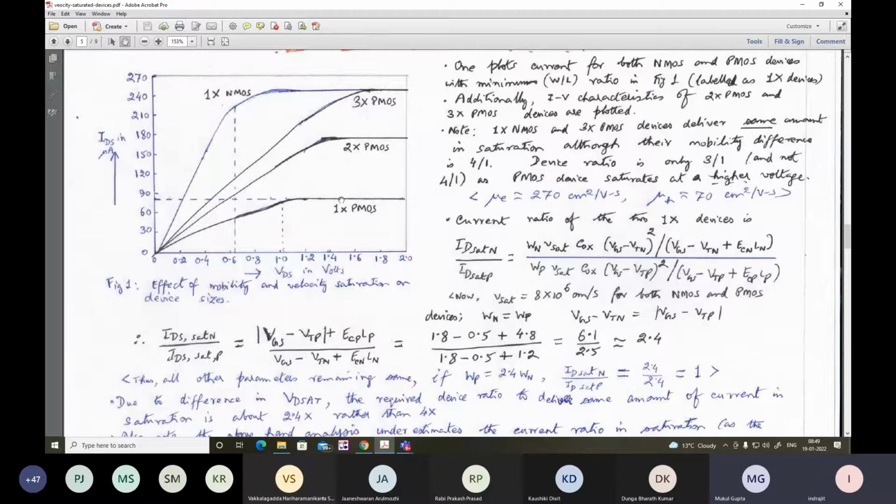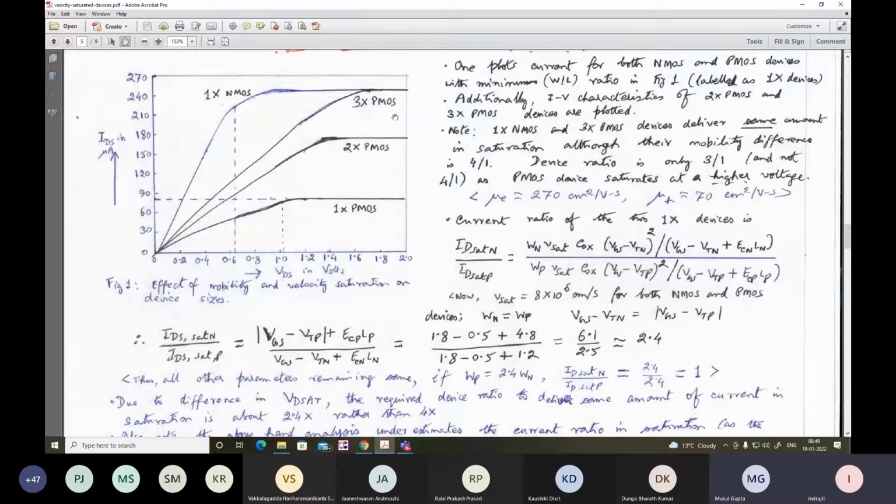if we take the same size device, it will lead to asymmetry in the charge up and charge down time. The charge up time will be 3 times slower because of the smaller amount of current by a factor of 3. This SPICE simulated data dictates that if we have to make the charge down and charge up time almost the same, then you have to make the PMOS device 3 times wider. Okay.